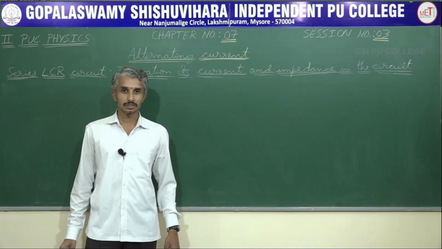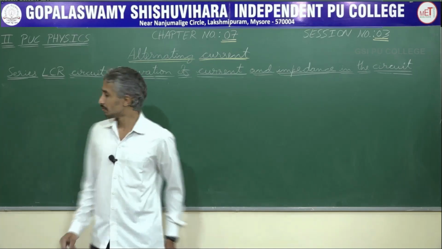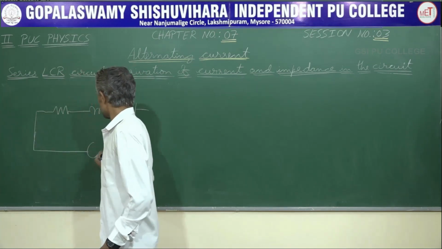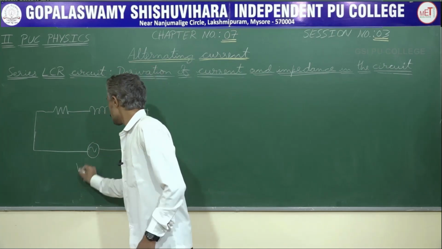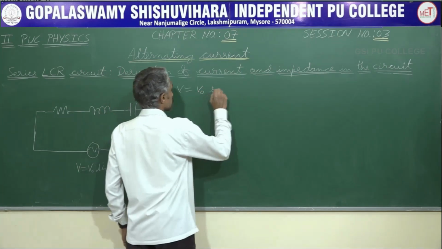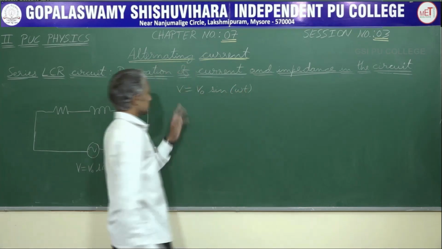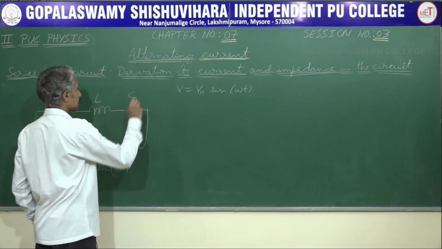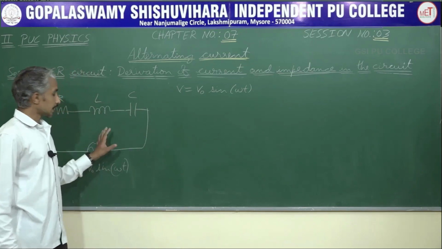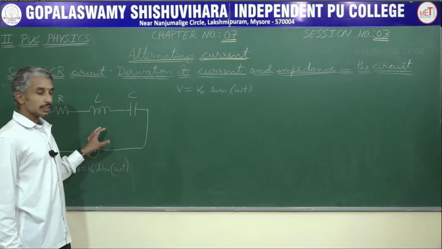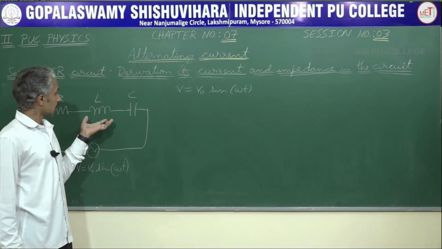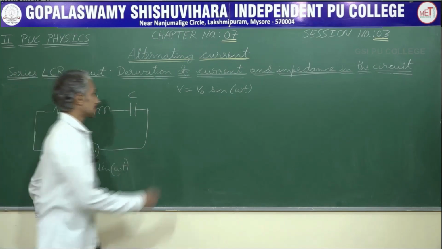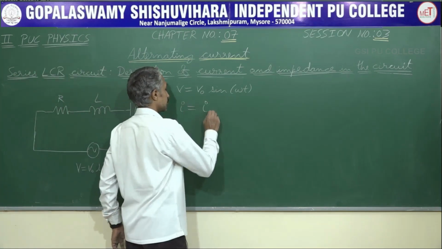Let us recall it once again. So, it was a lengthy process. Let us recall. What we had was a series LCR circuit connected to an AC source. The voltage in the circuit or the source is given by V is equal to V naught sin omega t. As all the 3 components resistor, inductor and capacitor are connected, the current is neither going to lead the voltage by pi by 2 nor going to lag behind the voltage by pi by 2, nor is going to be in phase with the voltage, but it has some phase difference.